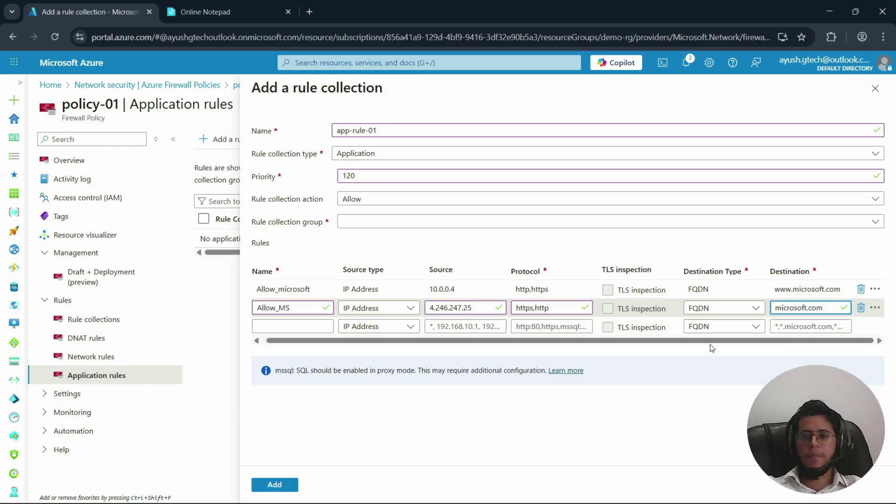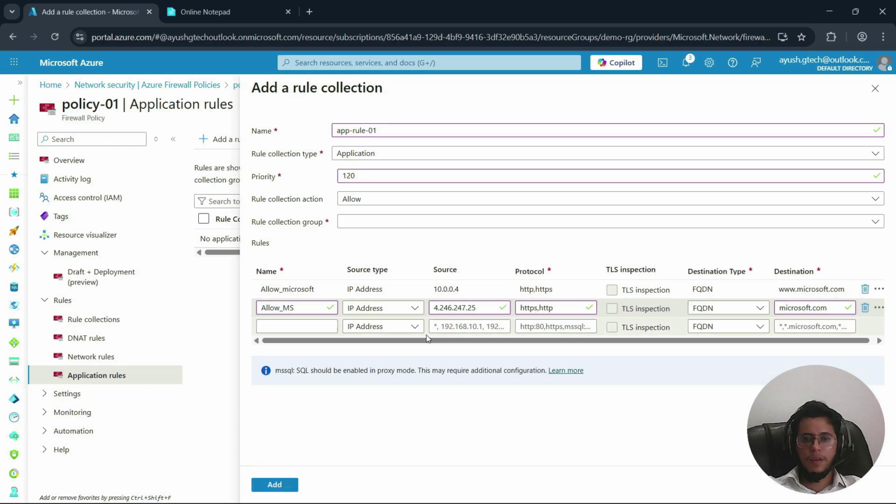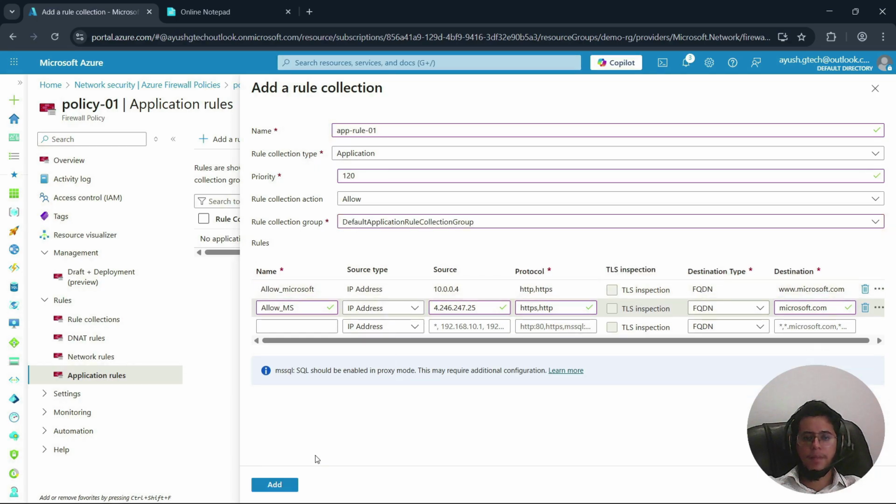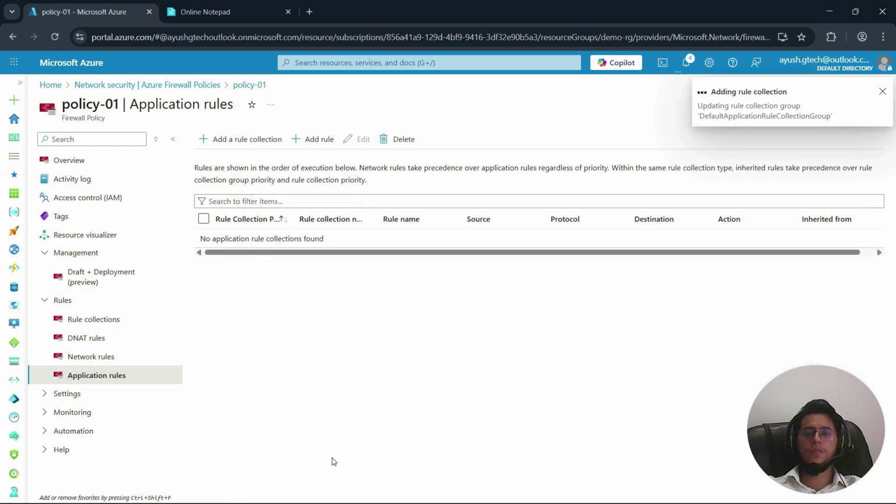So these two application rules I have created over here. That's fine. Once I am done, I am going to click on create. And in the rule collection group here, I am selecting application group. Once this rule is created, I can go ahead and access the Microsoft.com website on my virtual machine as I have defined in the rule. So let this rule get created, then we will check it.